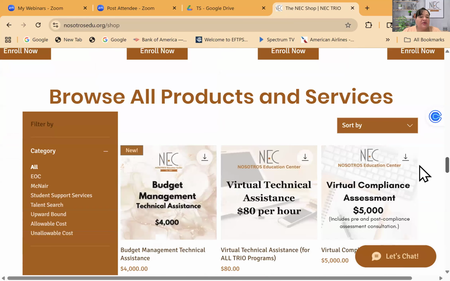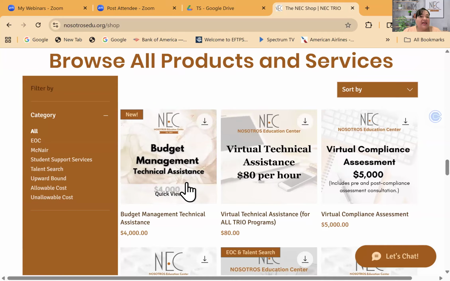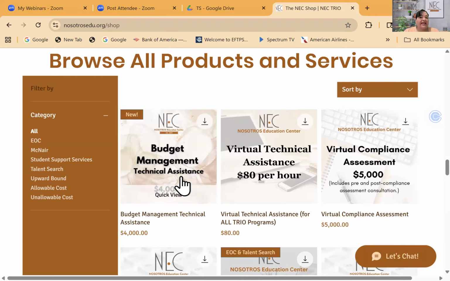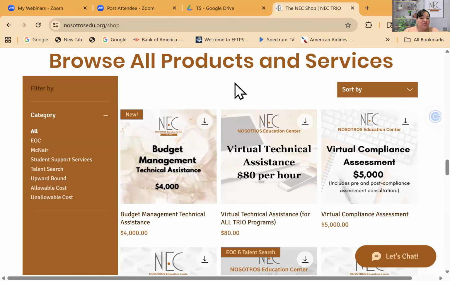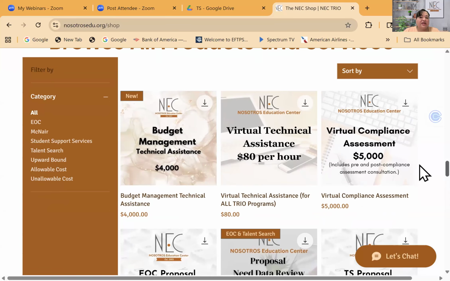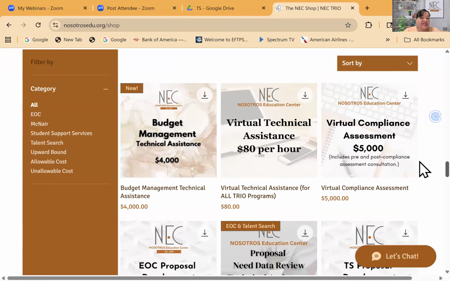And then we also have some other services. We have budget management, which we're going to launch and break down into separate services. So if you don't have the carryover or the funds for the full package, maybe you want the spreadsheet, or maybe you want someone to check your budget for compliance and help you with planning. There are also packages there that we're working on. In addition to our other services, 99% of them are allowable costs, except for anything having to do with the proposal.